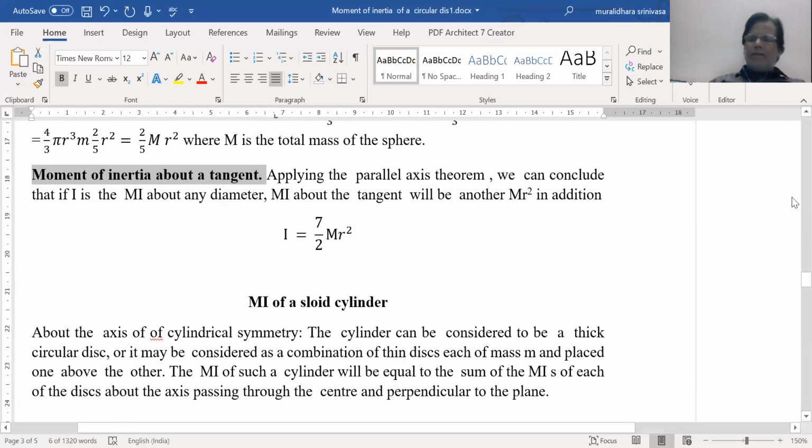So this is about calculating the moment of inertia of a cylinder, of an annular ring, and of a solid sphere. Next, in the coming session, we can consider the moment of inertia of a solid cylinder. There we deduce the moment of inertia of a thin rod, and then we go for angular momentum conservation and illustrations of angular momentum conservation. For now, we can stop here.